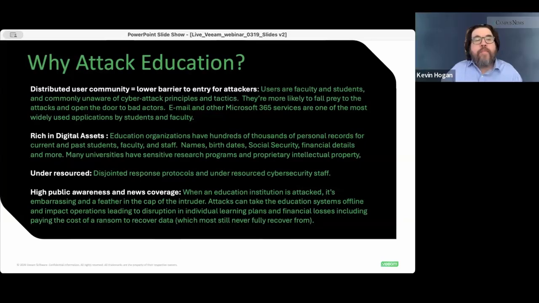Yeah, especially that high public awareness and news coverage, right? I mean, that's an easy draw to get people upset because it's their kids, and they're probably paying a pretty price for their tuition, that they're taking away that data. Also, this idea that you have these ivy-covered walls and you just assume your student is going to be safe behind them, as well as the data, right?